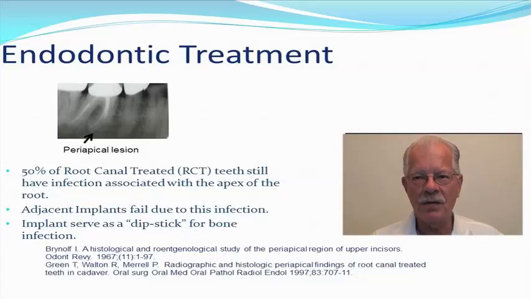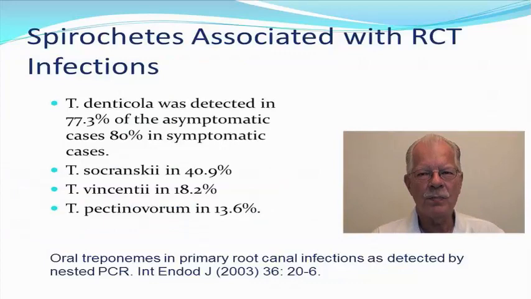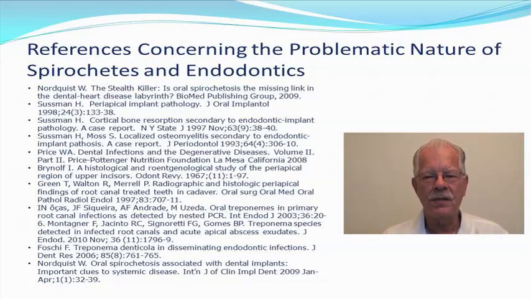And this begs the question, if a root canal treated tooth can cause an implant to fail, what is that focus of infection, that root canal tooth, doing to the rest of the body? And I think we as dentists need to answer that question. And we talked about oral spirochetes being associated with root canal teeth as well. There are several articles that show that different spirochetes cause these problems, and there are animal studies that show the same thing. Here are some of the articles and references that talk about root canal teeth and the problematic nature of the bacteria associated with these root canals